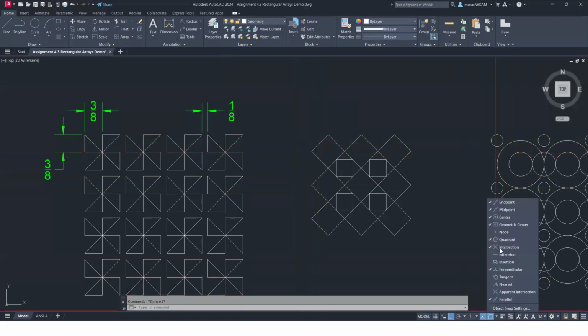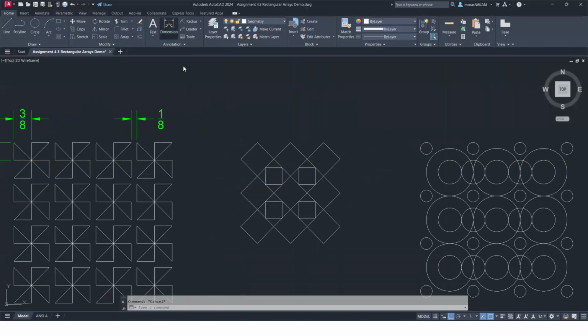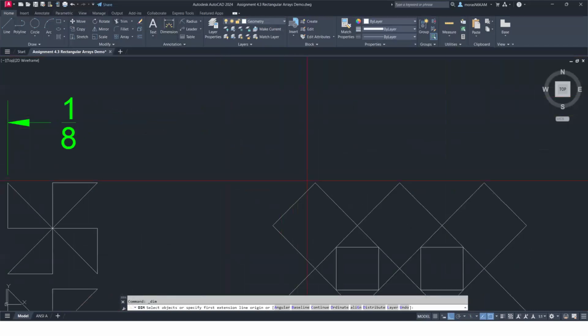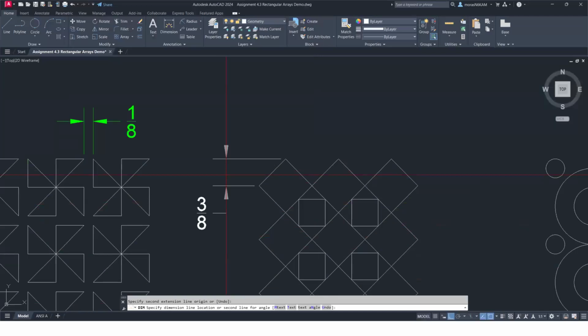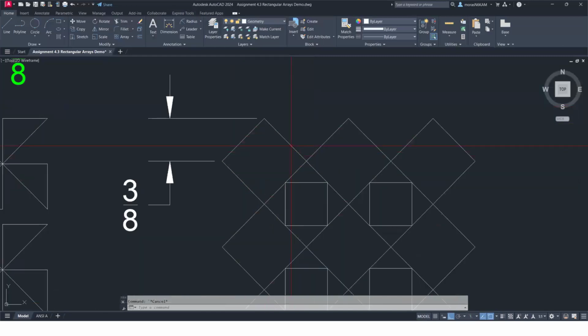And I'm going to turn off a couple of these object snaps because it is snapping a little bit too easily. Okay. The dimension. Here and here. Uh-oh, so this is not correct. So I have to edit this one right here. So this one should be